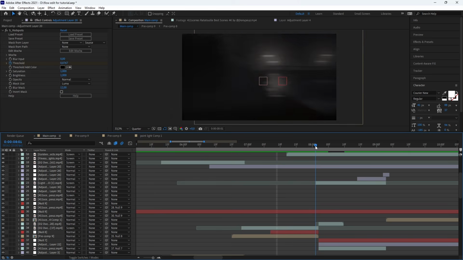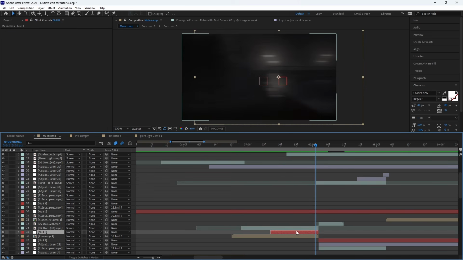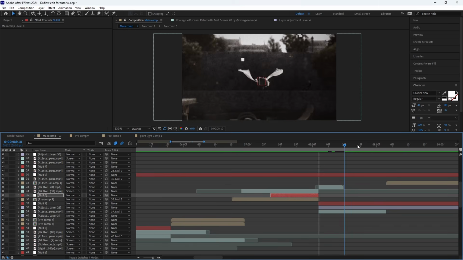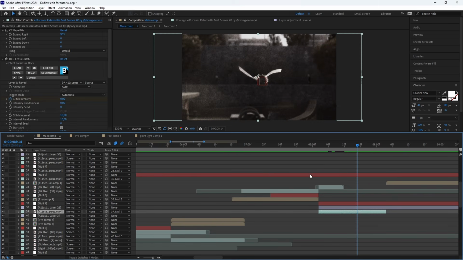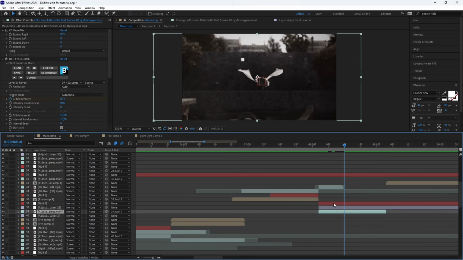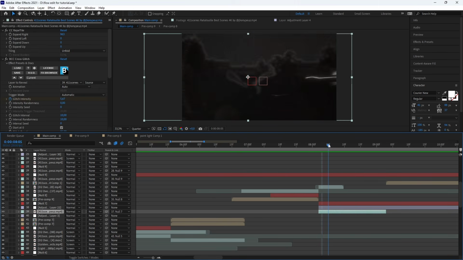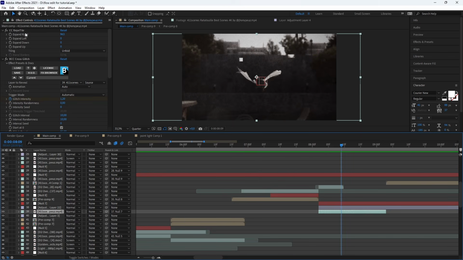So next transition, it's mainly a slide transition. You see here the CC Repeat Tile, and with the null, they always do exactly the same. Next clip, it's this one. It's just the main clip with a null object, and you can see I moved it with a CC Repeat Tile too.